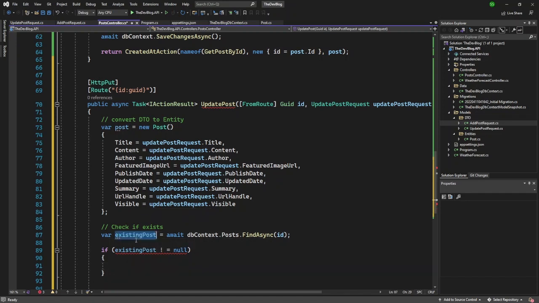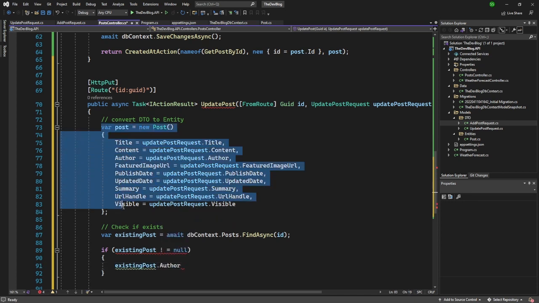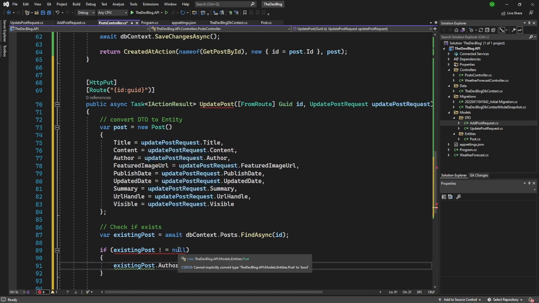So we will use this existing property dot, and actually we don't want the conversion to happen here. We want the conversion to happen inside, so that once we know the post has been found, we will do the conversion here. So I will take the request object and then assign the values over here like that,